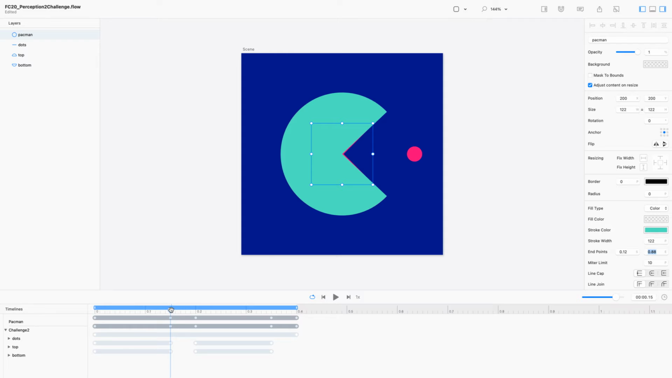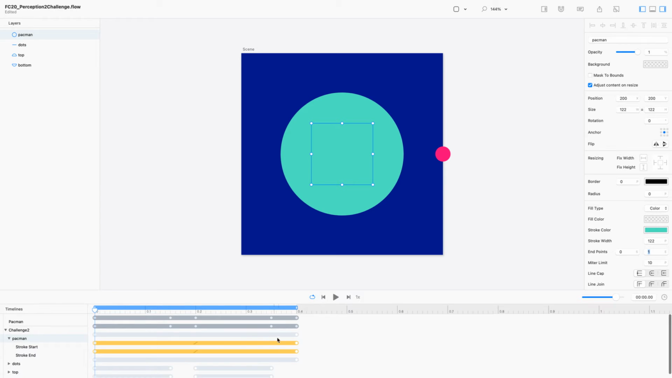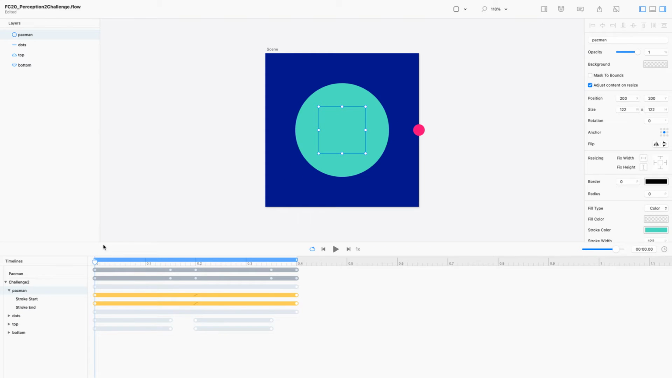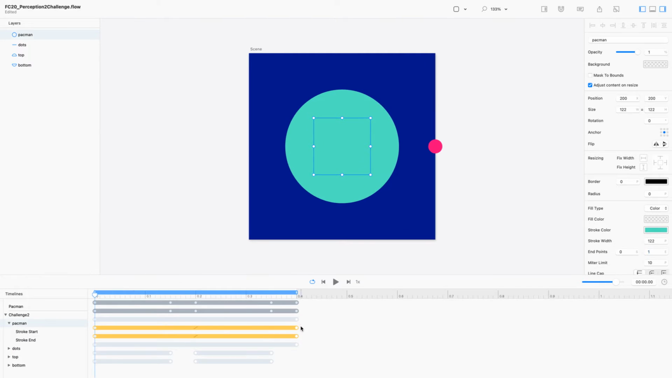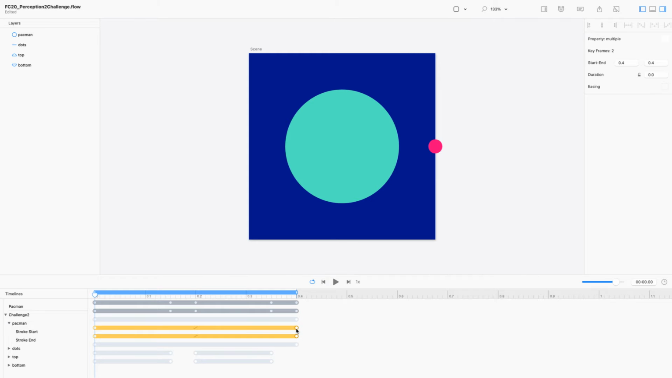Let's go back here. Let's turn off relative mode, go to the beginning, select our Pacman, and make the stroke points their original like that. Okay, and just open up the timeline a little bit to be able to see those animations. And now we're going to take these two at the end. We're going to drag them right into that position. And so now that Pacman opens up at the same and ends at the same place roughly as the